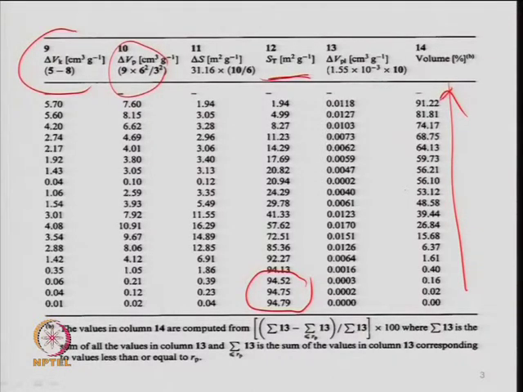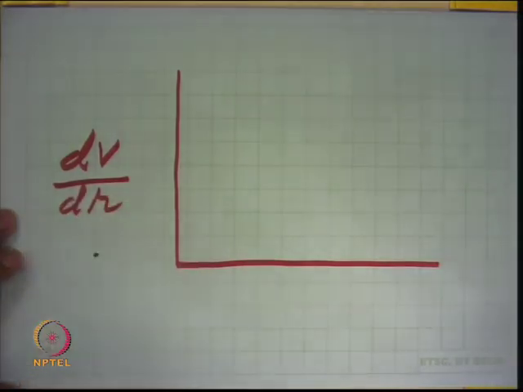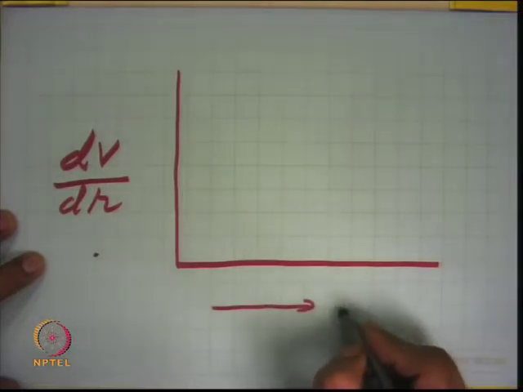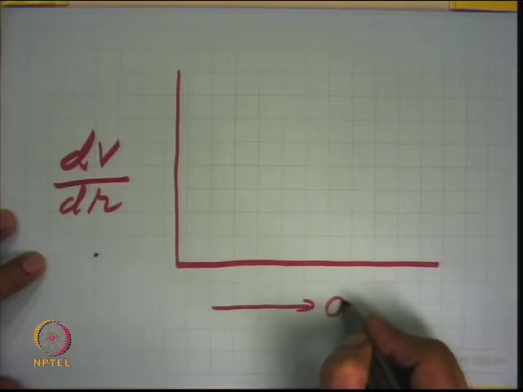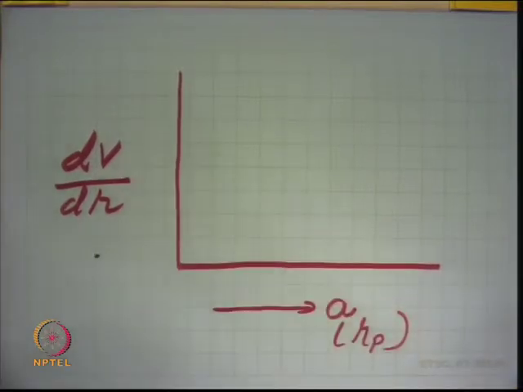Now you can have a plot from this in terms of d V over d R between two successive pore radii, as a function of pore size, as I said earlier. So, this can be a function of pore radius, which I am denoting here as A or R P, the total pore radius. So, this is between two successive pore radii. If I am talking about pore size distribution, which is related to your P by P 0, if you look at here, right.